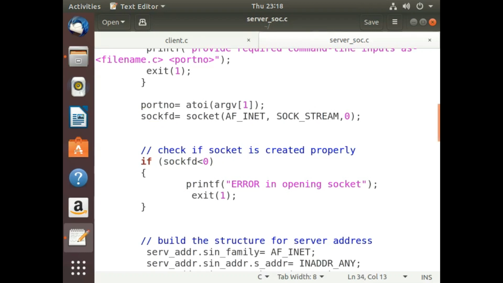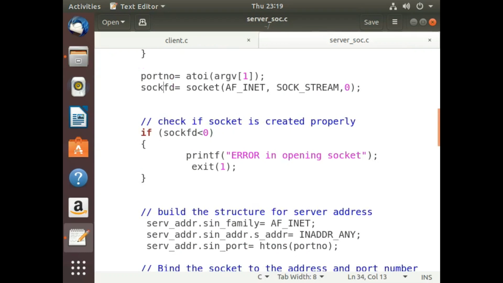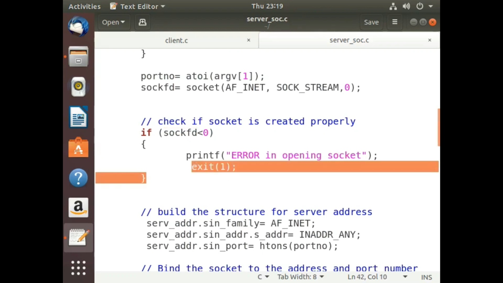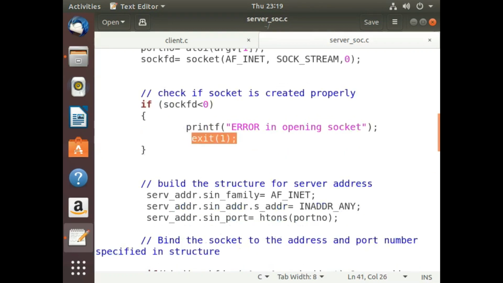So just to verify whether the socket is created properly or not, we are going to check the contents of sockfd. If it is less than 0, then we'll print an error message that there was an error in opening the socket, and again we'll exit by calling the exit(1) function. We'll terminate the program.